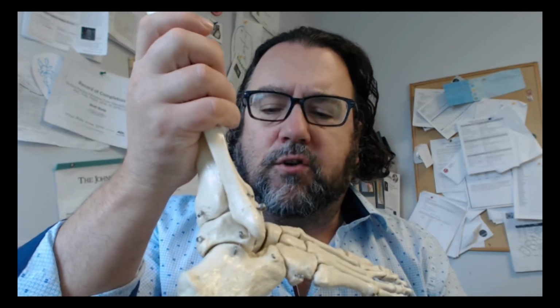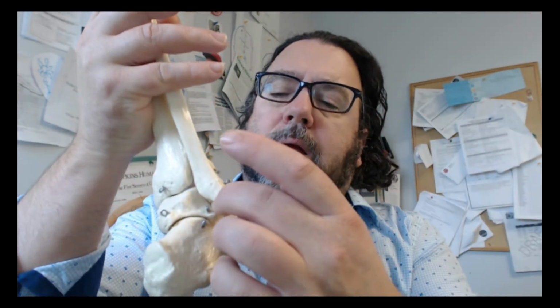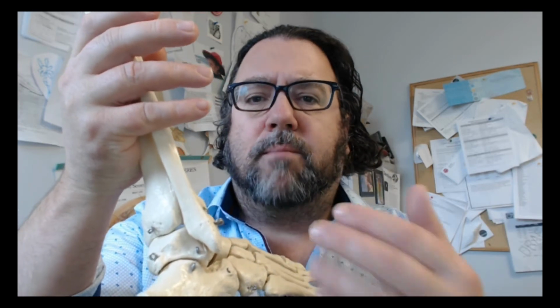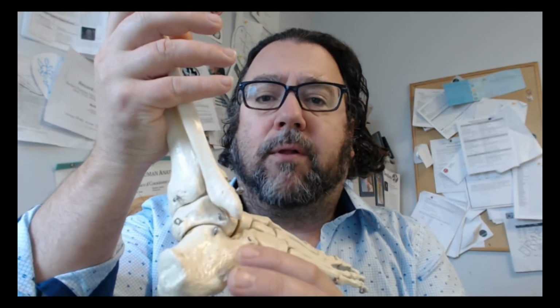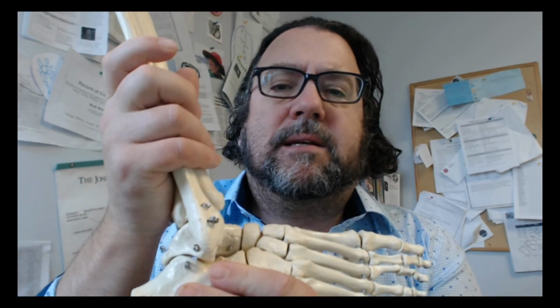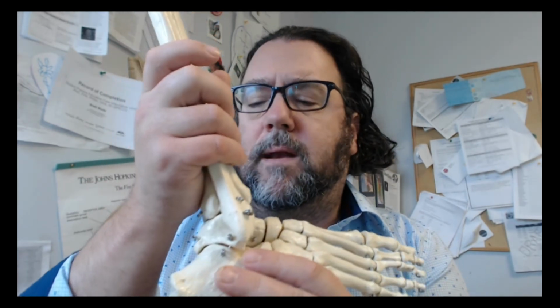Note that there are a lot of ligaments which stabilize, of course, these two joints as well. The ligaments coming off the distal end of the fibula, such as the anterior and posterior talofibular, as well as the calcaneofibular ligaments, are going to stabilize and prevent the joint from rolling inwards, the lateral ligaments. This is a very common sprain that happens, and it's in fact the most common injury in the world